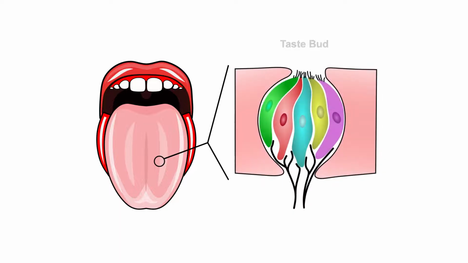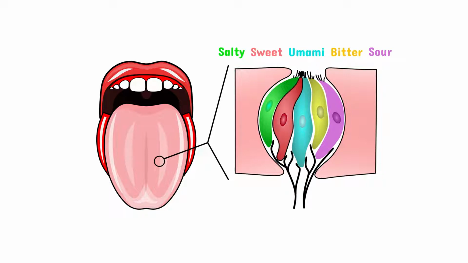Taste sensation is a fundamental process for us to perceive the food we eat. The taste bud present in our tongue enables us to experience different tastes, including salty, sweet, umami, bitter, and sour. When the taste molecule binds to the apical part of the taste cell, it causes the activation of intracellular signaling, which eventually transmits the signal to our brain.